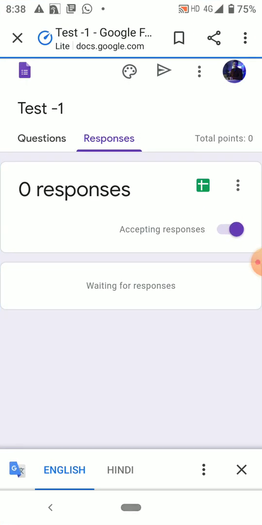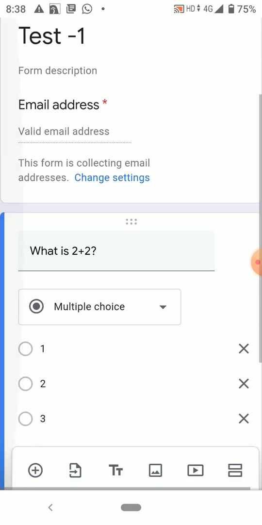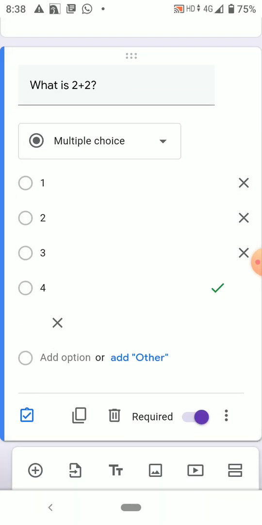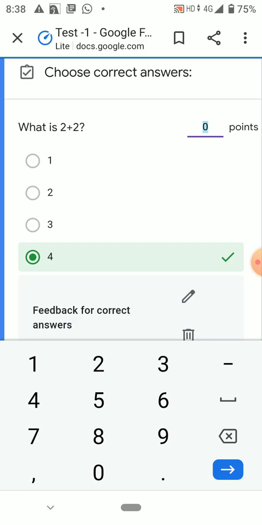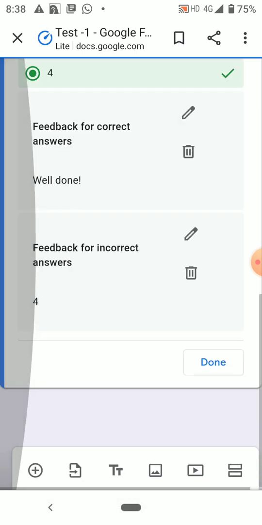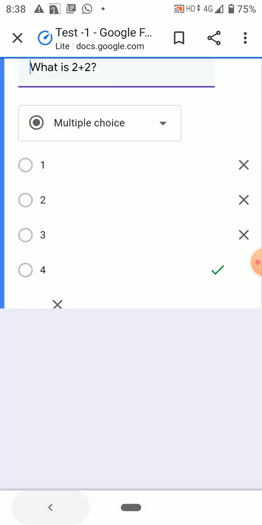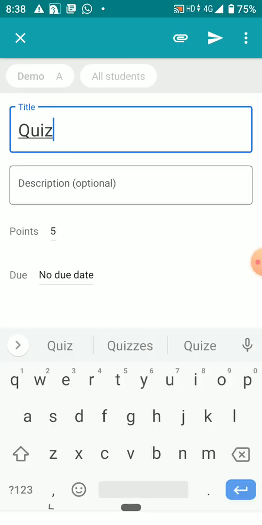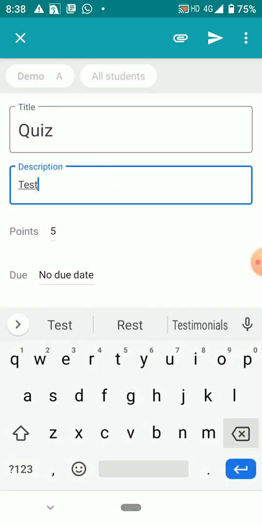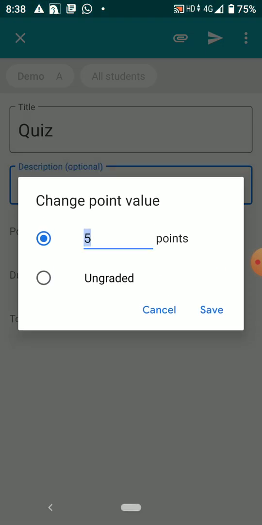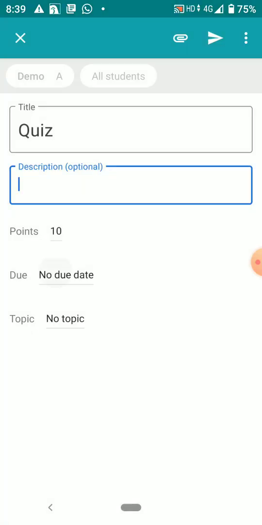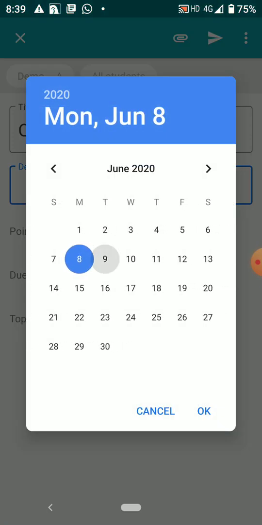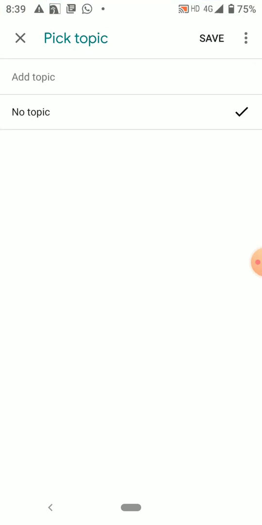So I'll get back to my test, click on this again, and you can see that here it's 0 points. I click it to 10, and now done. Okay, now I'll get back to my Google Classroom. Description, no description, it's of 10 marks. It's your wish how much you want to give. 9, topic,